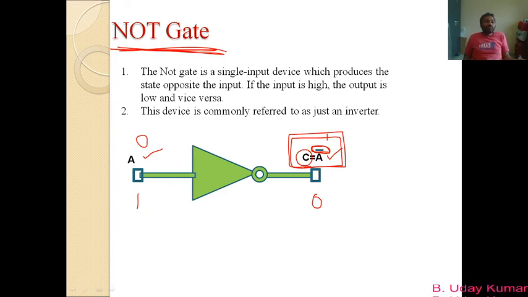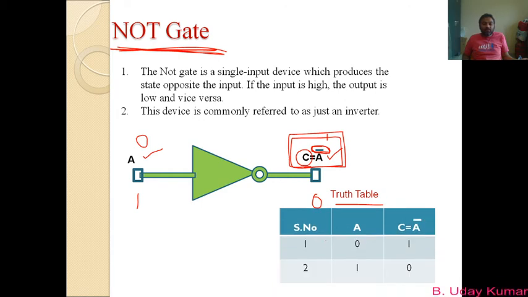Since we have only one input terminal, the potential that can be applied to the input can be either low or high. That means you will have only two options of applying potential to the input terminal. Based on those options, you will again have two outputs here. The entire operation can be understood with the help of transistors, which we try to understand in some other video, but that operation can be represented with a table which we call a truth table, and the truth table will be like this.